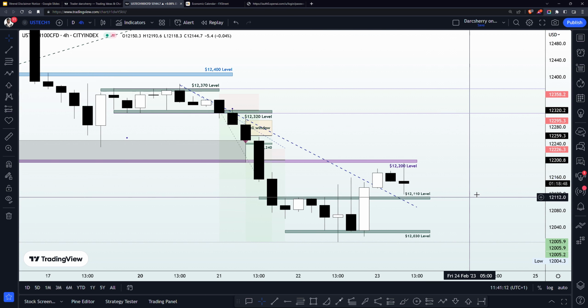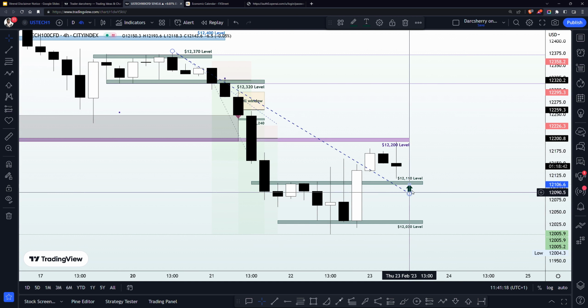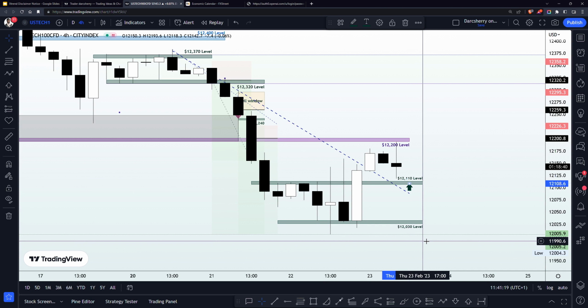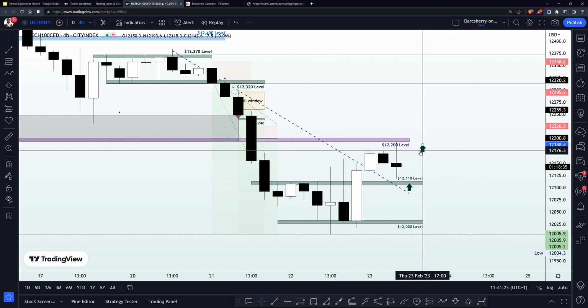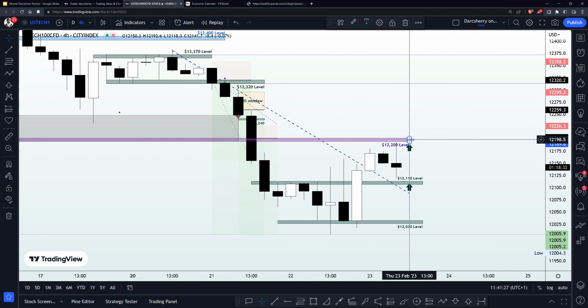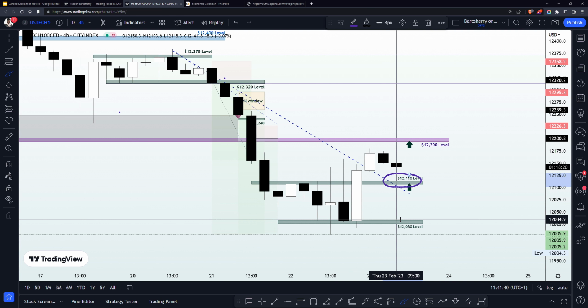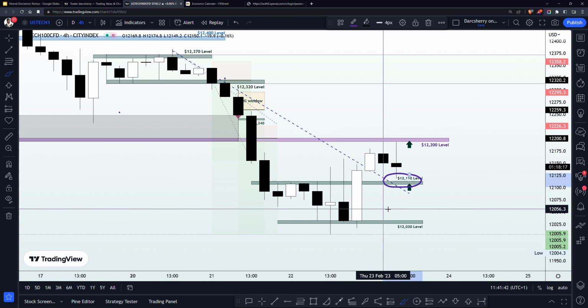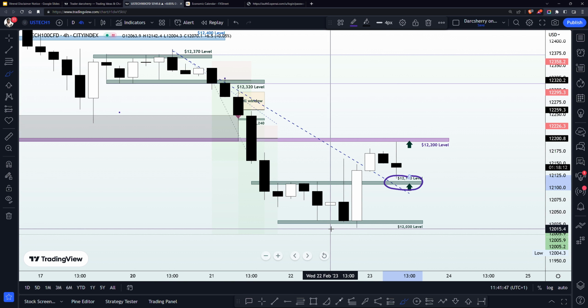So what this simply says with the current market structure is that if price action remains above the $12,110 level, we want to feel comfortable in our buy position, and a further breakout of the 12,200 level will welcome additional position at this point. Now that we are seeing selling pressure here, we want to see how this momentum is going to go and how it's going to react to the $12,100 level during the New York session today to determine what our next line of action will be. So let's wait out and see how price action reacts to this level.